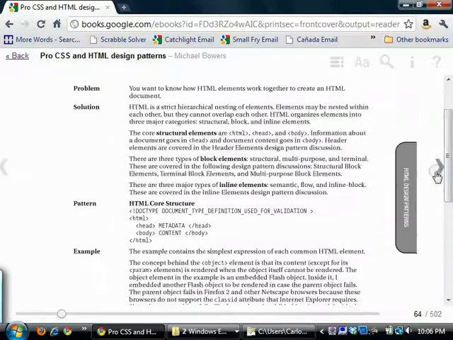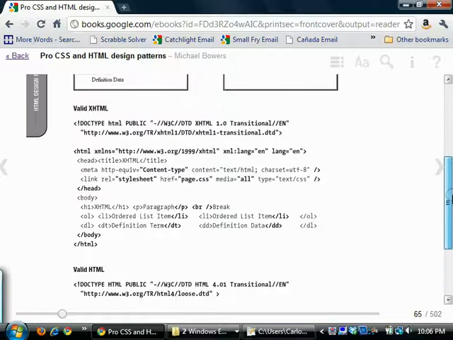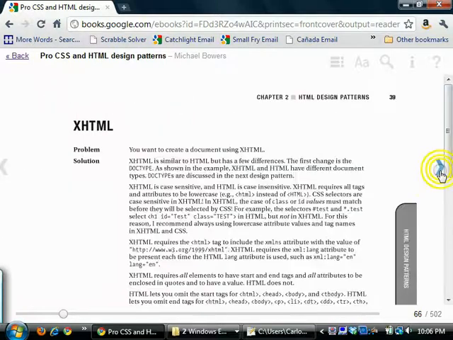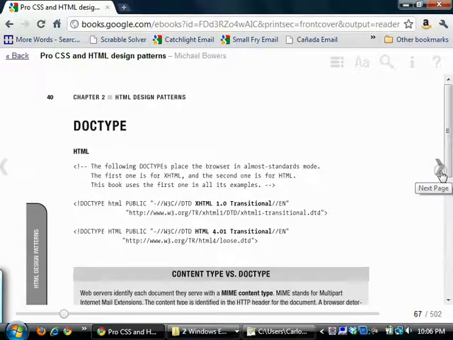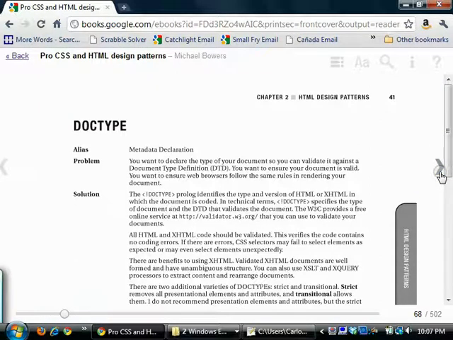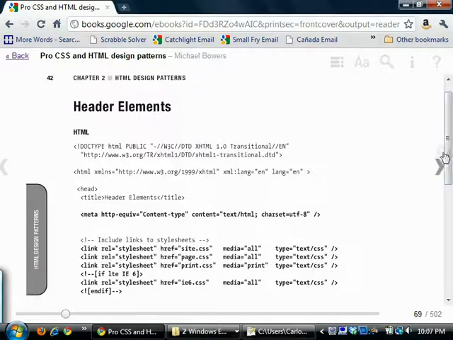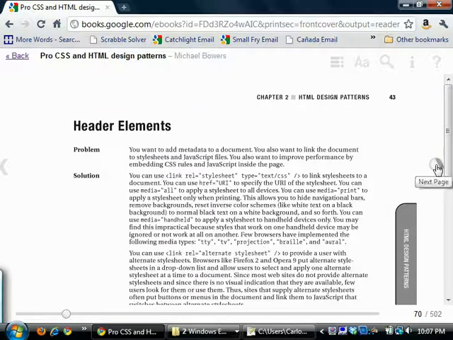He talks about different types of elements. All this stuff I don't want to spend a lot of time on. So let's see. I'm just going to flip through some pages here. He talks about doc types. You guys should have your doc type already listed and ready to go. Alright, we have some header elements,